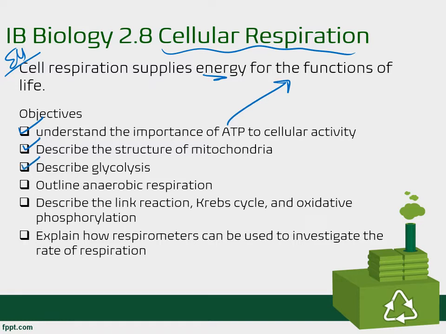We're going to describe glycolysis, we're going to outline anaerobic respiration, and then we're going to look at the processes of aerobic respiration, which are the link reaction, Krebs cycle, and oxidative phosphorylation, sometimes also referred to as the electron transport chain. We're going to wrap up with a quick explanation of how respirometers can be used to investigate the